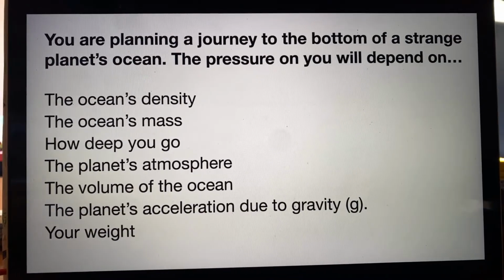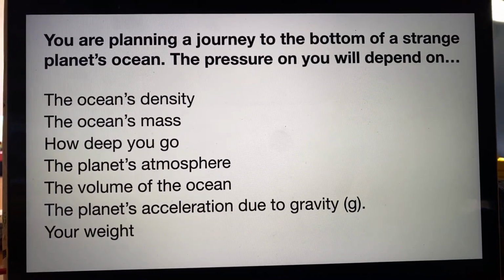Last lesson, I gave you a sheet of questions. I forgot to mention it. I totally forgot to mention it. So very quickly, here is the answer to last week's pressure question. A good little bit of revision for you. It's always a good idea to go back, isn't it?